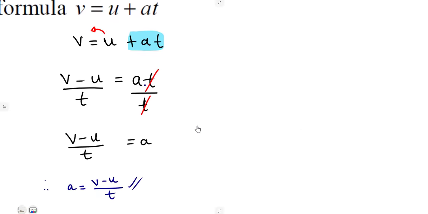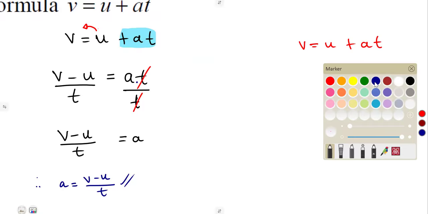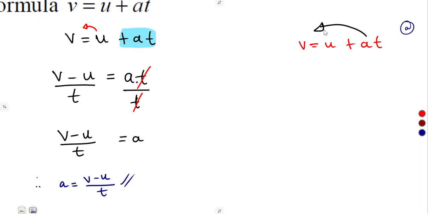So for those now who would have taken the AT to the left-hand side, we want to make A the subject, remember. There are some who could have taken this AT to the other side because you are used to just, whatever that you are solving must be on the left-hand side. So the moment you take the AT to the other side, it becomes a negative. It was a positive here. So the moment I take it to the other side, it crosses the equal sign. It is now a negative. So it will be minus AT. Take note. Minus AT